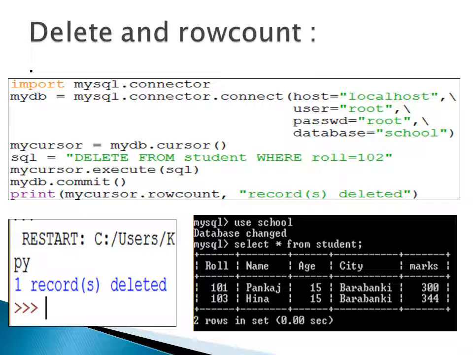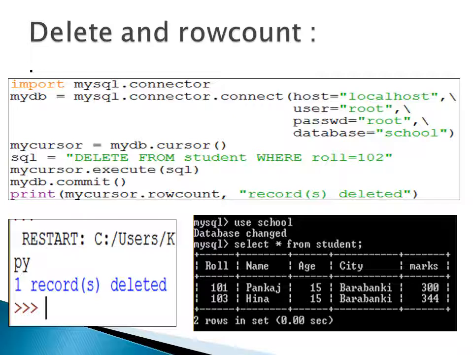For example, our query is delete from student where roll number is equal to 102. So we want to delete the record where roll number is 102 from the student table, and we have given the name sql to this query.